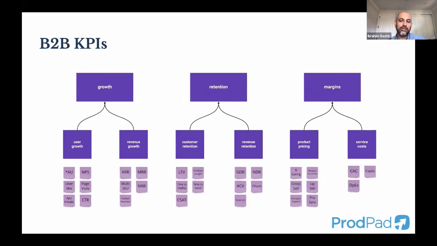Is it more important for us to improve margins or increase the average contract value? And if your leadership team can give you a stack ranking of strategic priorities, then you can distill this down into features and bets that you want to make in the product.